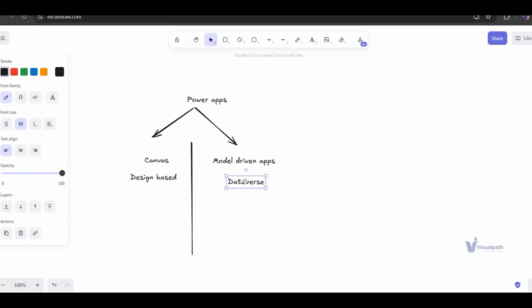Okay, you have the data in the Dataverse. Yeah, I am ready to develop it. I'm here to give an easy solution in the form of a model driven application. Now coming to the Canvas application,